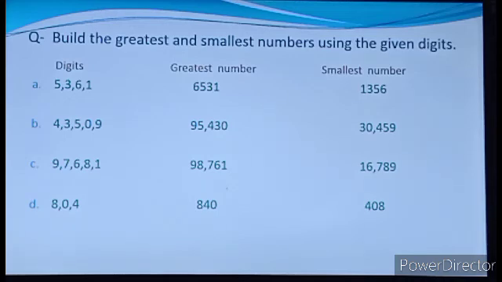Smallest number means ascending order. That means start from the smallest digit. Okay, so when we make the smallest number, which is the smallest digit out of these digits? That is the 0. Okay, then 3, then 4, then 5 and 9. But you can't write the 0 first. If you put the 0 first and then 3, 4, 5 and 9, it becomes the 4 digit number 3,459. Okay, but here 5 digits are given.